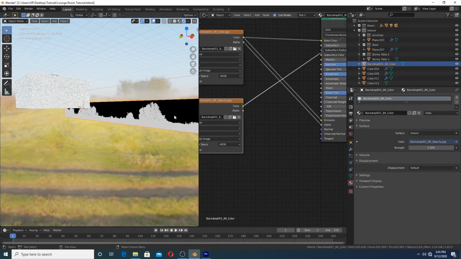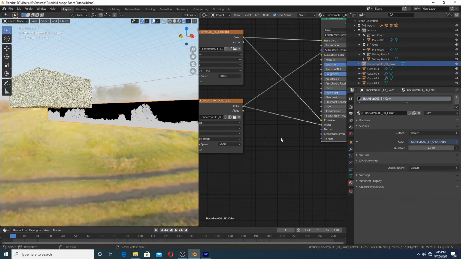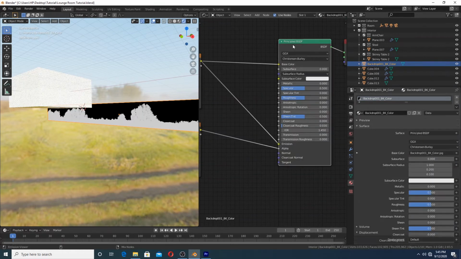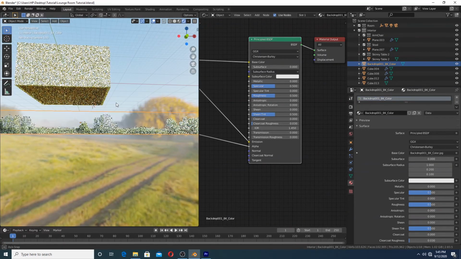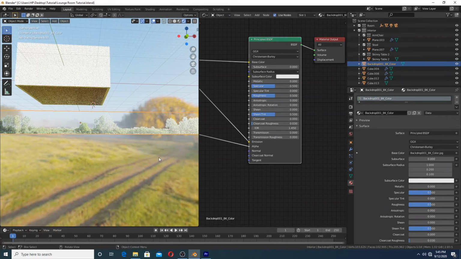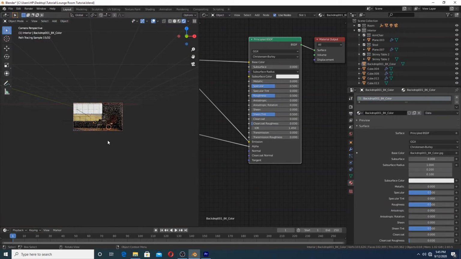It's a black and white image which separates the sky from the trees. So if I take that and move it into the alpha channel, that will basically solve everything. So now if you have a look at it from the camera view,